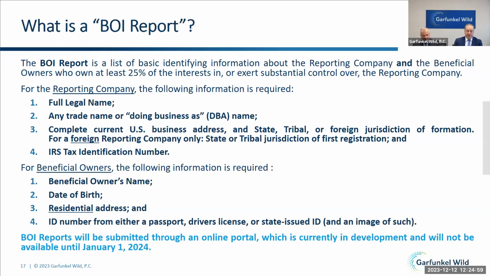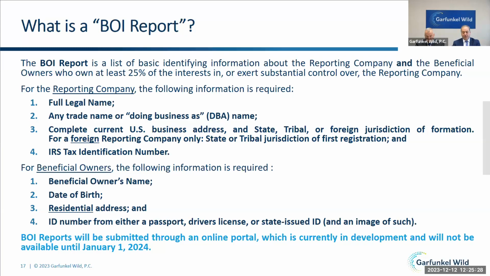So what is the BOI report? The BOI report is a list of basic identifying information about the reporting company and the beneficial owners who either own at least 25% or exert substantial control over the reporting company. For the reporting company, you need to list the full legal name, any DBA or trade name, and the current U.S. business address, state of tribal or foreign jurisdiction of formation, or if it's a foreign reporting company, just the